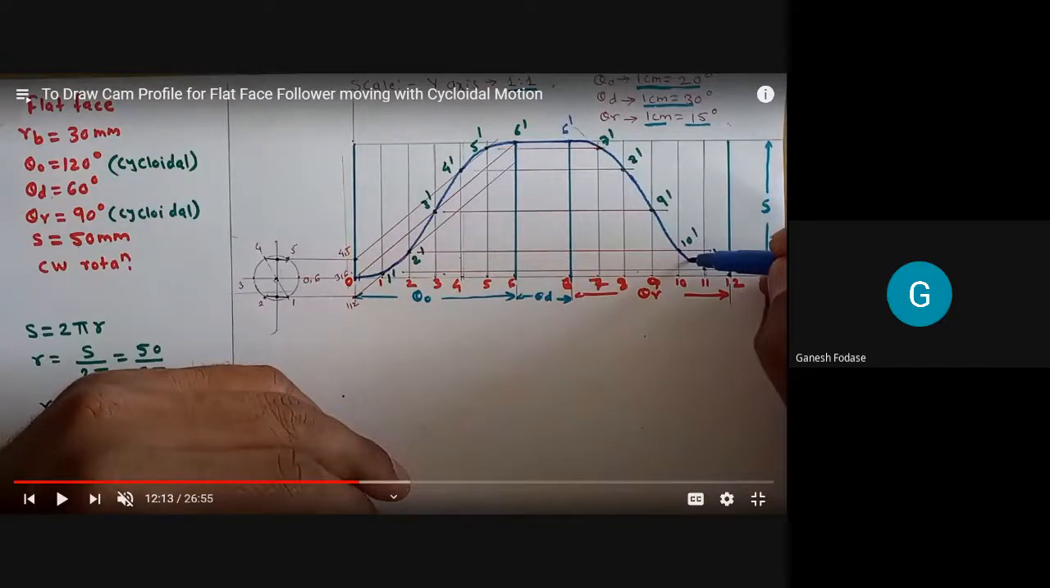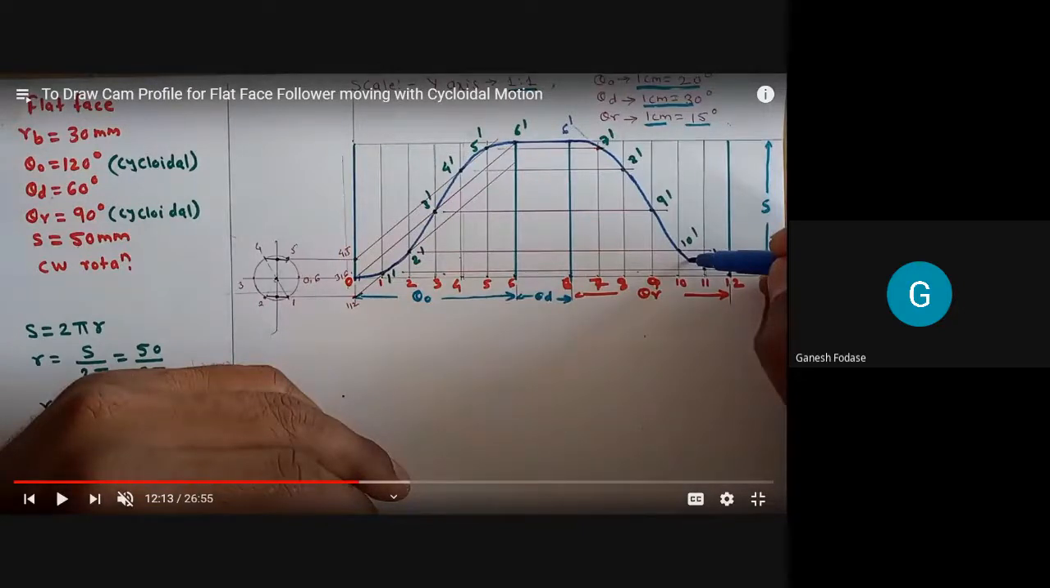Considering you don't have any doubt in the displacement diagram, we'll now see one more new concept, that is how to draw a cam profile when the follower is a flat face follower. Remember, the procedure to draw for a flat face follower is nearly similar to a knife edge follower, only the difference is in the last step. So those who remember how to draw a cam profile or cam curve when the follower is a knife edge follower